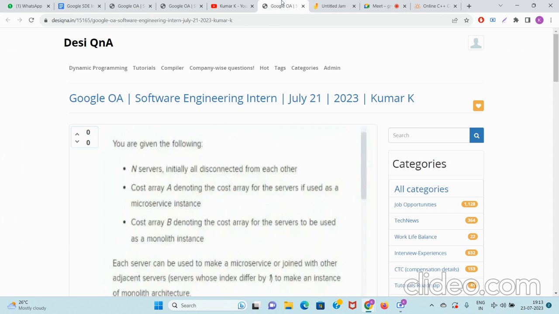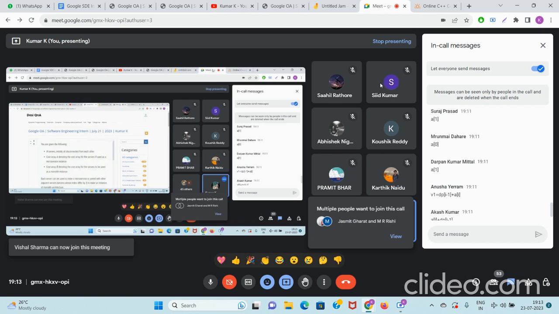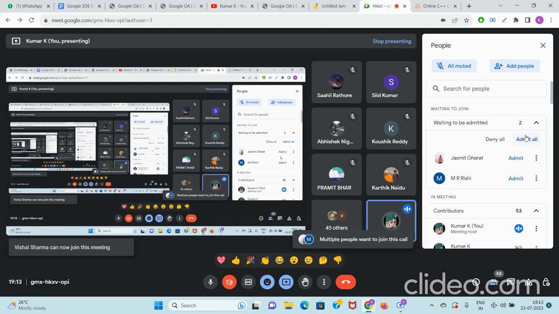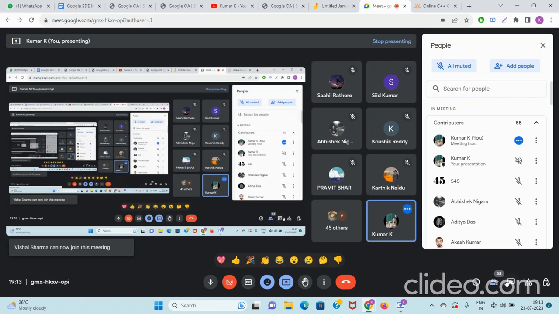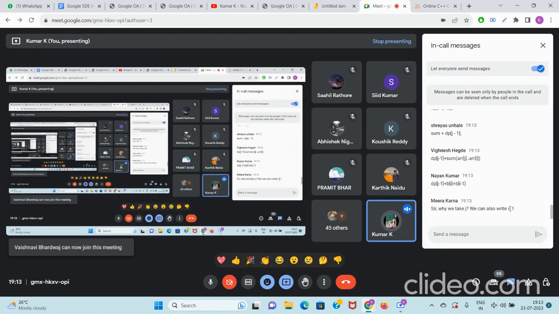Okay, so guys, everyone write the formula. dp of j minus 1 plus